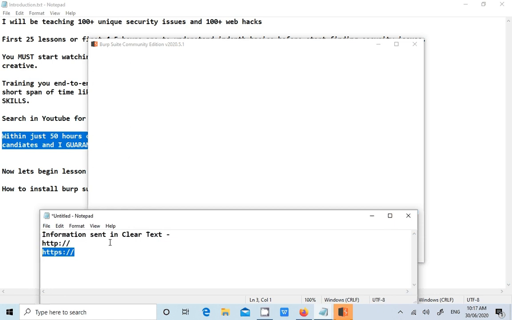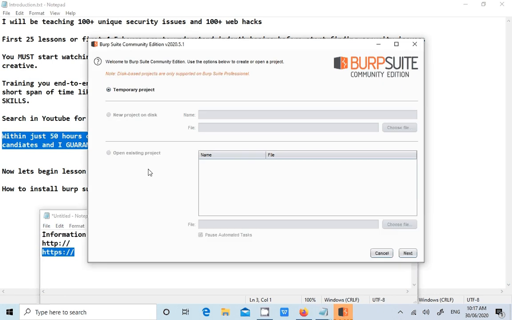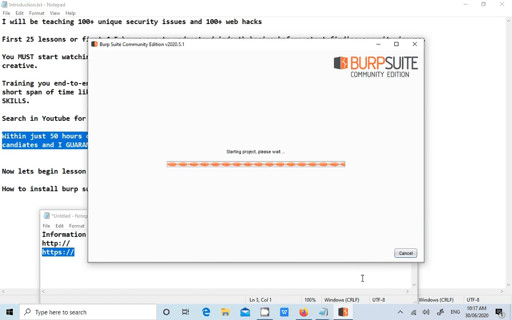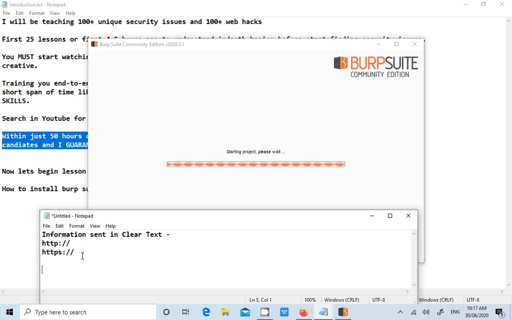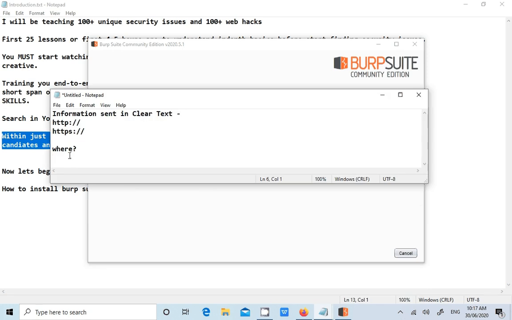Now we'll see how you can check for this issue. Before that, let me start Burp Suite. It is loading. And where do you check for this issue? If some websites implement HTTPS, then all the pages within the application will be sent over HTTPS itself.